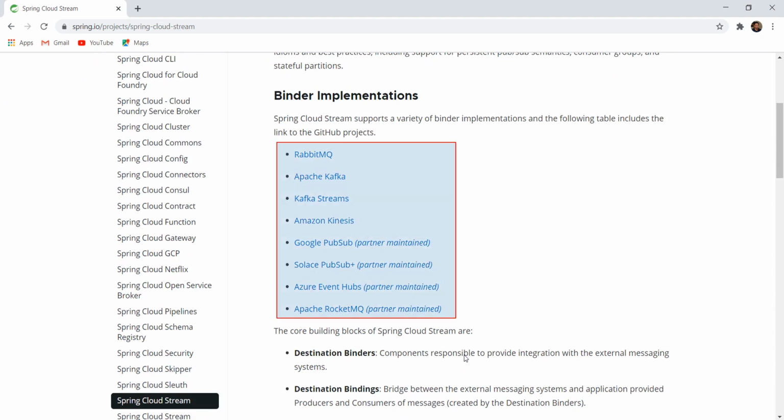So, Spring Cloud Stream implements many technologies such as Kafka, RabbitMQ, and many more. We are interested in Kafka, but you will see two Kafka binders here. The first one is the traditional implementation, and the second one is the most recent implementation. Let me explain it. Spring Cloud Stream started to support Kafka using the Kafka binder.